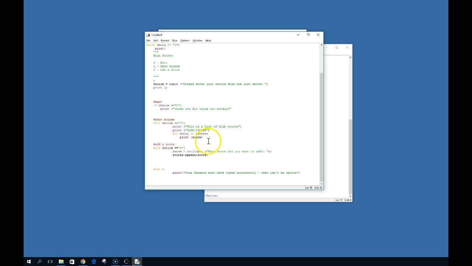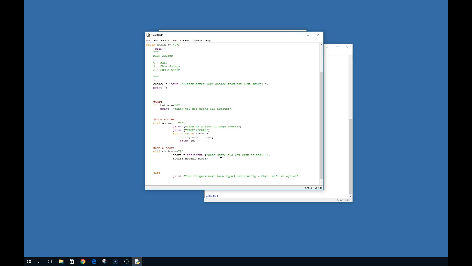And because we're nesting these scores together, we know we're getting a score and a name. So at the same place here, I'm now going to say score, comma, name is equal to entry. So entry comes in and grabs a score and a name, and now we split it out into two separate variables, and now we can print